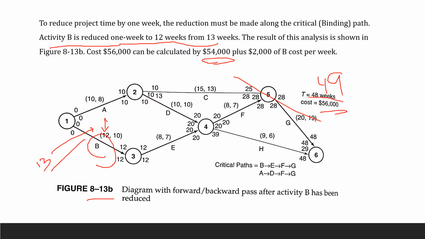Therefore, the cost of 56,000 can be calculated by 54,000 plus $2,000 of B cost per week. Now you're thinking, oh, I took off 1 week from activity B. Why is my cost increasing? That's because you're spending that $2,000